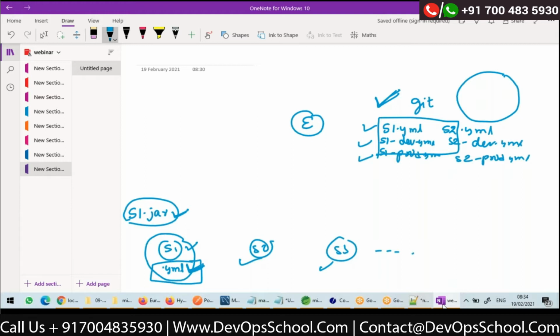In which file? Actually, whatever we keep in s1.yaml is for a profile with name default. So if there is some configuration common to all the profiles, you can keep it in this s1.yaml, right? Similarly for s2 also.